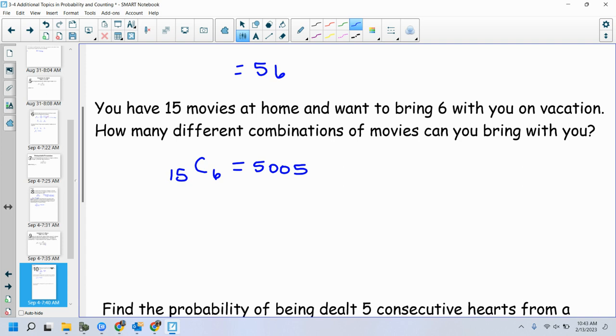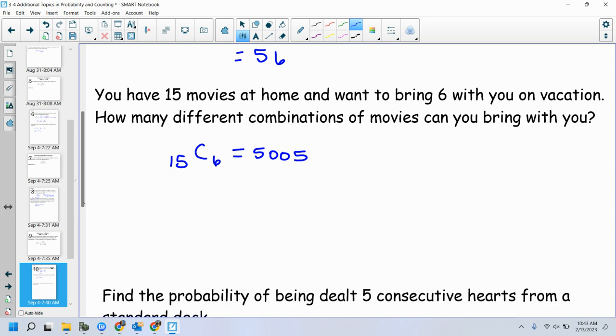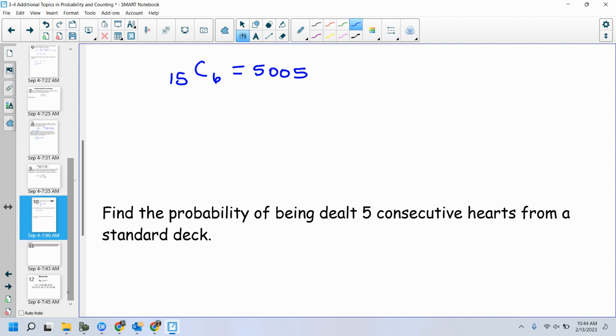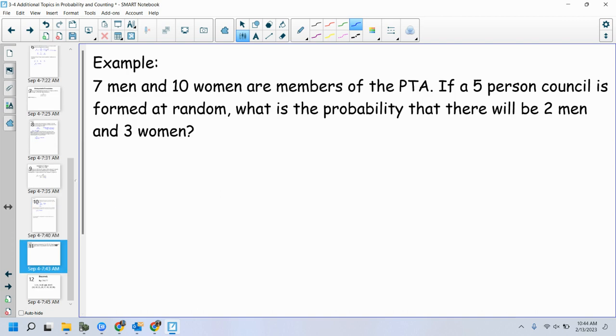Find the probability of being, I don't want to do this. I don't want to do that. No, I don't want to confuse you on that because there's no quiz questions on that, so I just want to focus